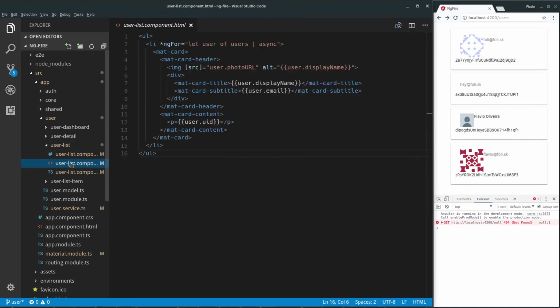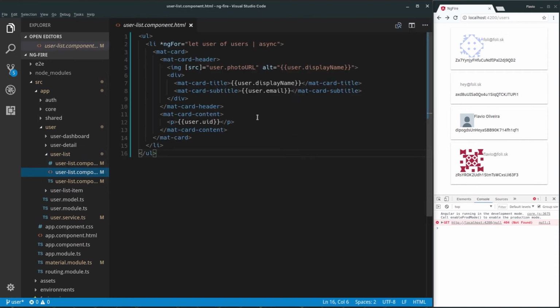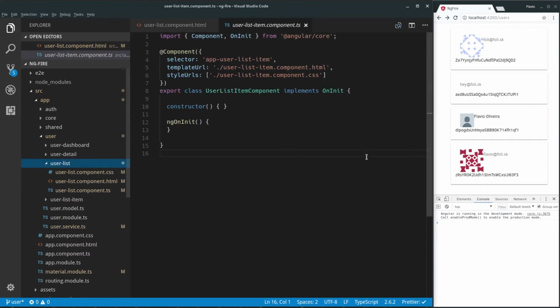There is a little hack that you can add to your image tag. Here the user.photoURL, you can add an or, and add a fake file system location to replace the image until our data arrives. Now we have our list component working, but